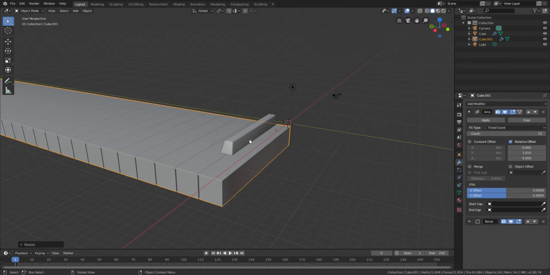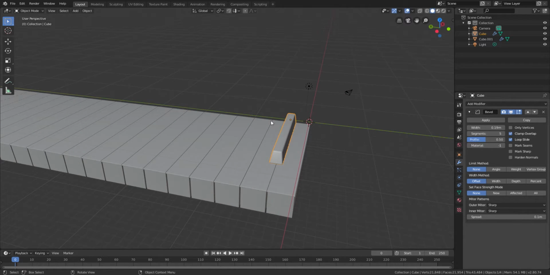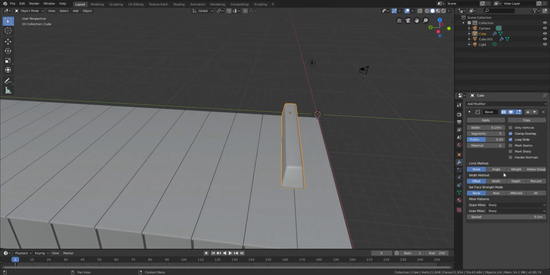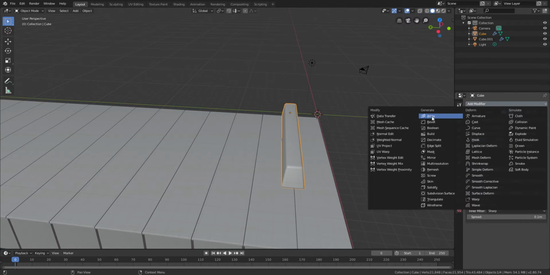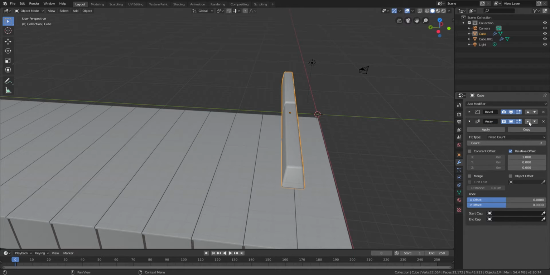But anyways, from there what we're going to do is just the same thing that we did before, and since there's a key theoretically between each one of these cracks, except we know that there's the 2-3-2-3 pattern, which we'll get to later, there should be 51 cracks between each of these. So we're going to do the same thing, just add an array, put it up above the bevel,